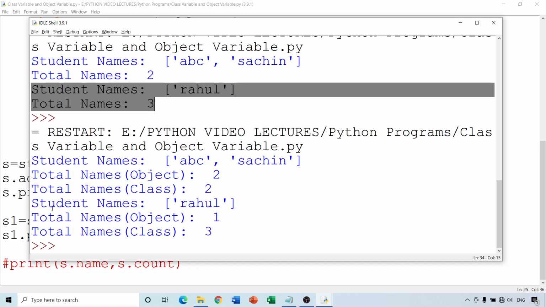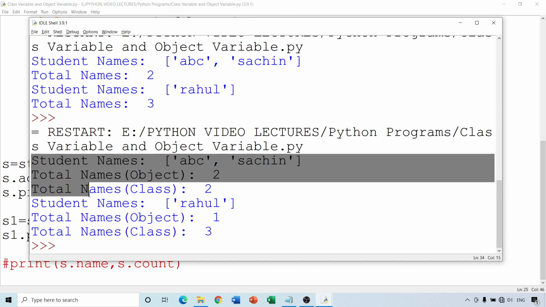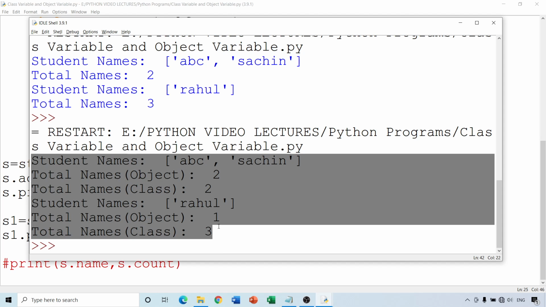The total names for the object should have been 1, and for the class should have been 3. When we use two separate variables, we clearly get the correct indicator of the things that are there. Yes, in the class through the two objects there are 3 names, but when we do the total for the object, then there is only 1 name.